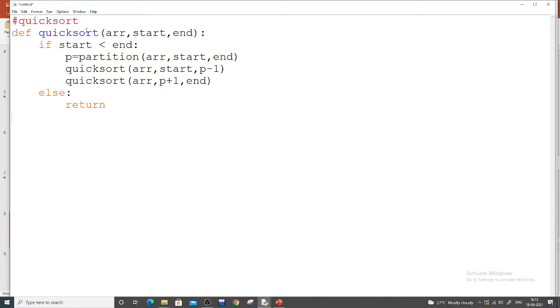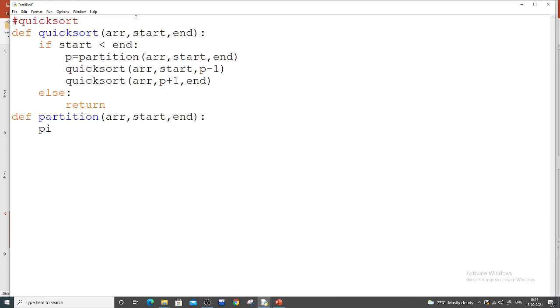Now here I will write my partition method. As it is a separate method, I will write def partition. Now here my array is there as well as my start and my end. So I got the starting position as well as the ending position.